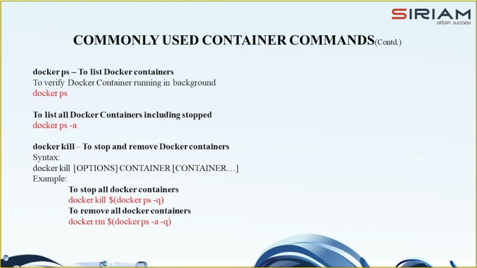So the last command here was docker remove, that is the rm command. It removes Docker containers from the system. To remove a Docker container from the system, you use the docker rm command followed by the container ID or names. For example, docker rm $(docker ps -a -q) removes all the Docker containers, including those that are stopped, and this command is useful for cleaning up unused containers and freeing up disk space.